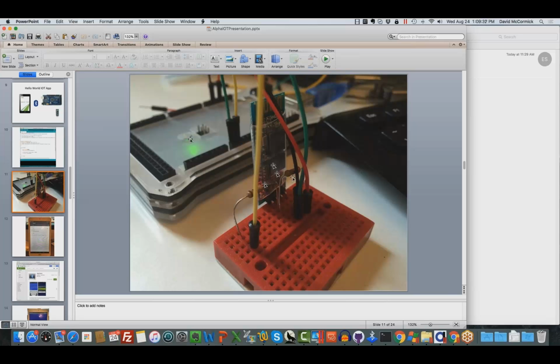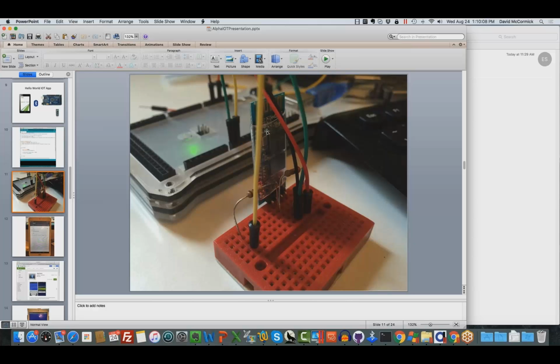Anyway, when that's all hooked up and powered on, I was able to find it because, let me just jump back, so I don't want to make you dizzy, this HC06 module is now a regular sort of Bluetooth device. So I just opened up my handy-dandy Android tablet, and I went into the settings section. And in the settings section, I went and looked for devices, and I found the HC06, which was right there. So I paired it like you pair any other Bluetooth device. In this case, it required a password. It was 1234. I think that's the default for all of these units. It was paired to the device, so I could begin using it.